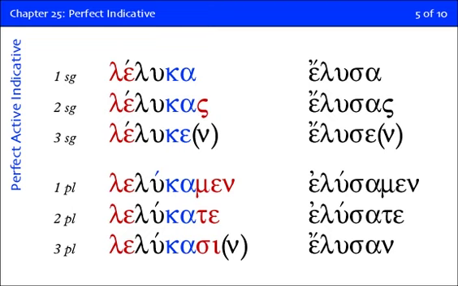Perfects actually are very easy for the most part to recognize, especially if the stem begins with a consonant, because that reduplication just jumps out at you. The only time you get the reduplication is in the perfect, so you see that and you know right off the bat you're in the perfect.